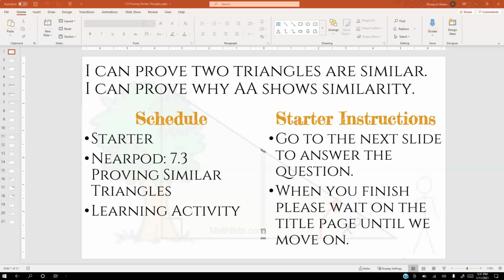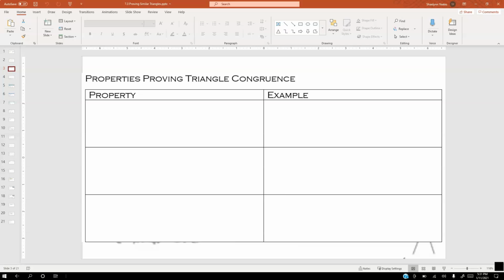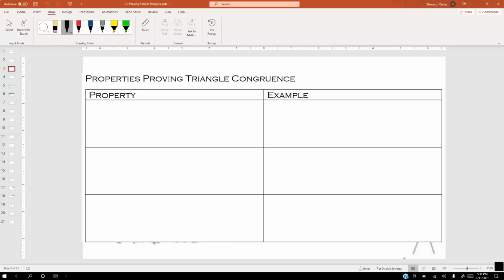All right, today we are focusing on "I can prove two triangles are similar," and "I can prove why angle shows similarity." Okay, so let's think about this. So the properties for proving triangle congruence. You learned this last year, supposedly. It was the thing. So the triangles that proved it were like